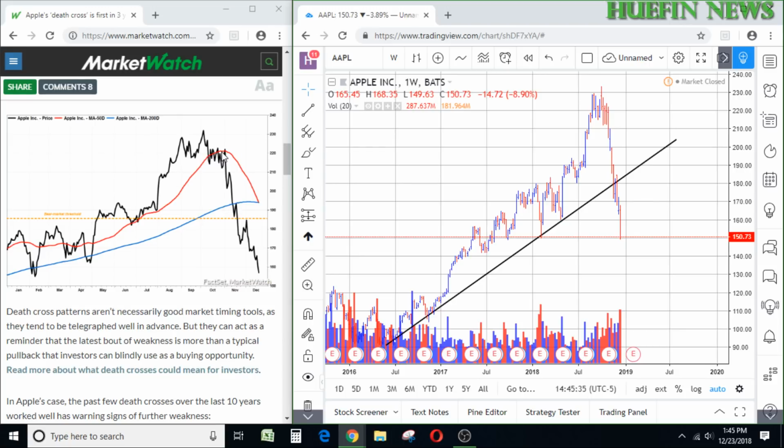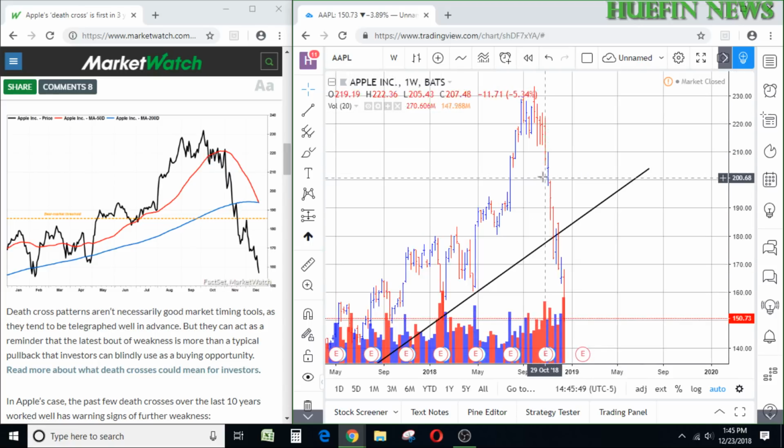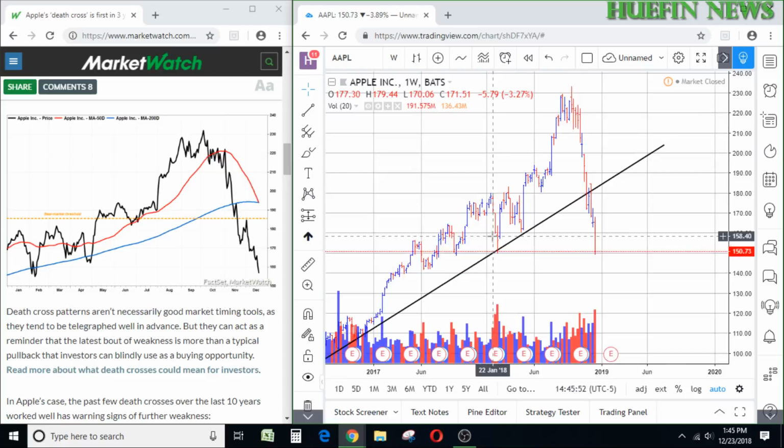During this particular time, like during the month of October, was your opportunity to see that the market was weak. All the way between this 50-day moving average and the 200-day are losses that individuals did not plan for, but we definitely saw that in our analysis videos previous to this one today. That's why it's important to understand analysis so that you are always in the forefront of the market before you actually get a death cross. So again, the price chart is still reflecting weakness, the Market Watch article is still reflecting weakness, and we still have a lot of downside potential to go for Apple. That's our analysis.